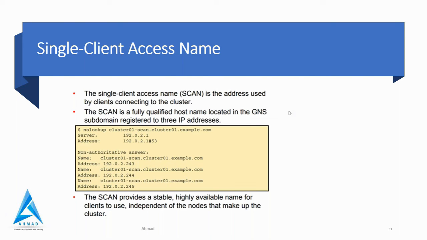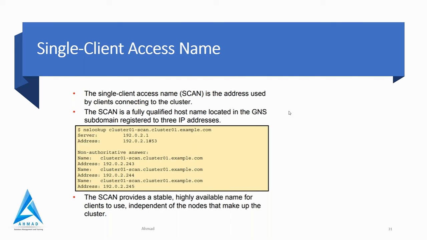Oracle Clusterware routes application requests to the cluster SCAN, and the cluster SCAN will route the connection to the least loaded instance which provides the service. Clear? So SCAN functions like a cluster alias. So SCAN is resolved on any node in the cluster, so unlike a VIP address for a node, clients connect to the SCAN and no longer require updated VIP addresses as nodes are added or removed.